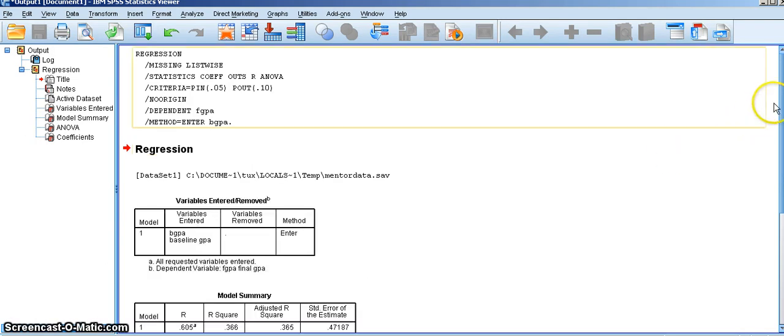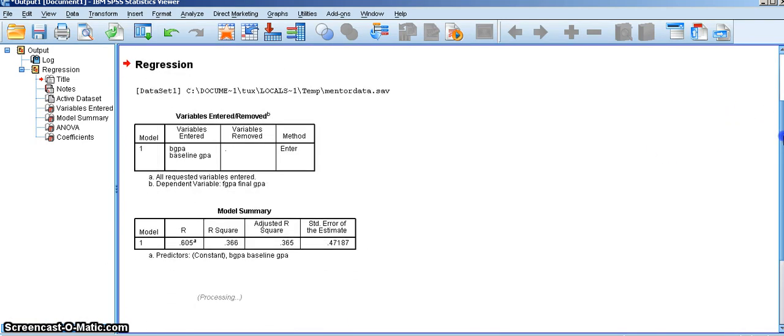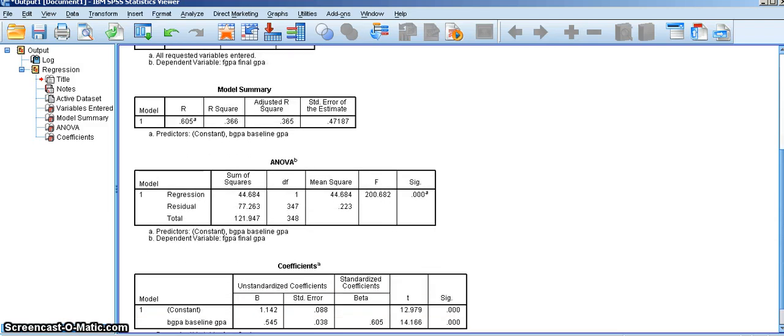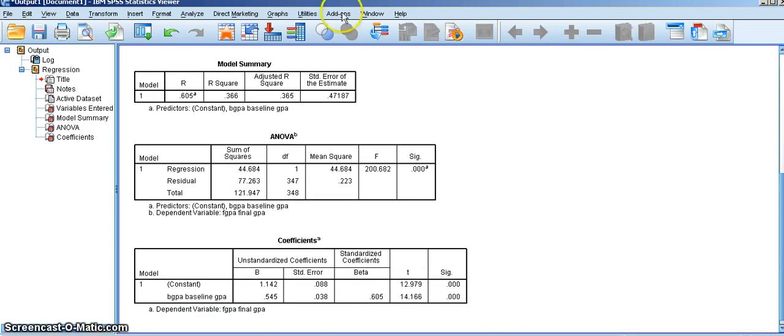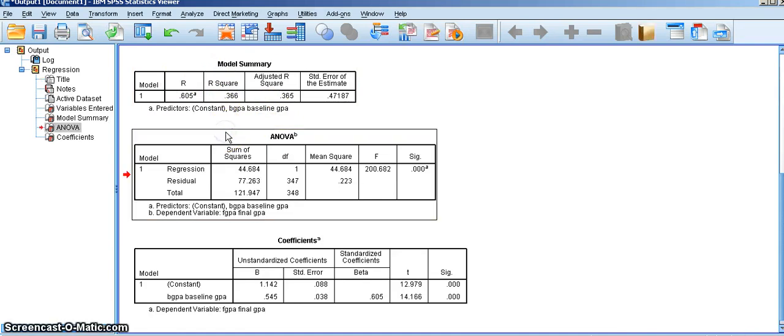And here is our model. So the first box that we have to pay attention to is that model summary box. It tells us the correlation between our predictor and our outcome variable. So we have the baseline GPA as our predictor, and the final GPA is our predicted variable. In our case, the correlation between those two is about 0.61,